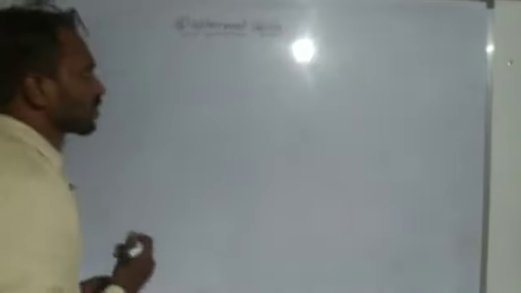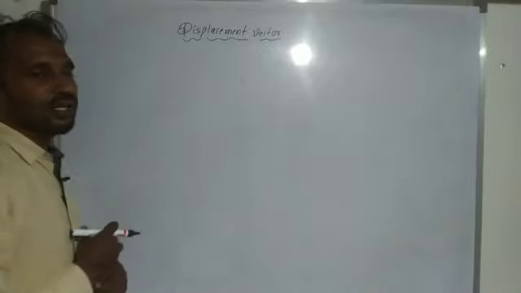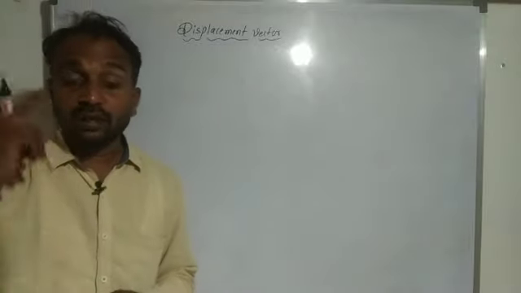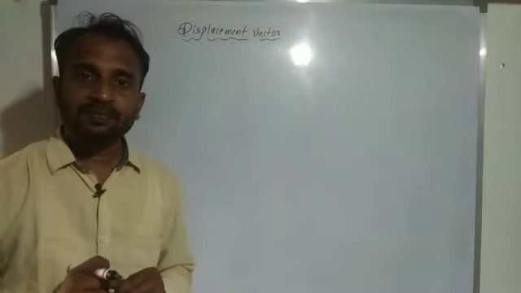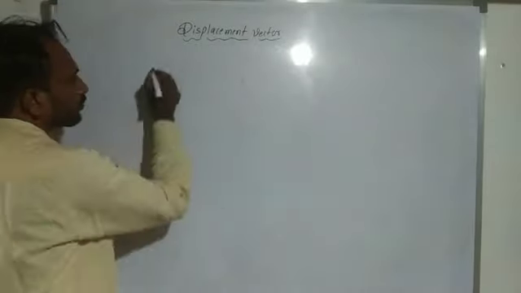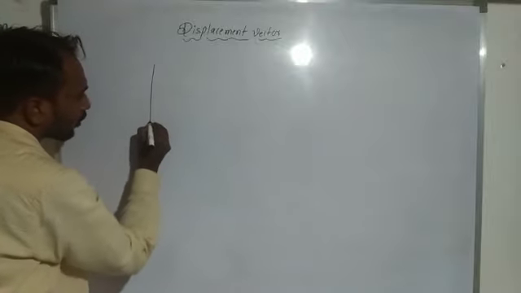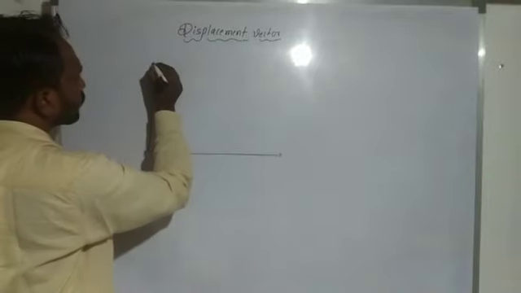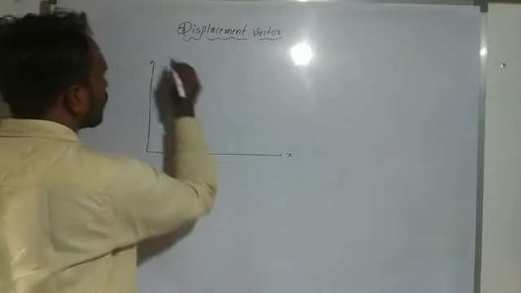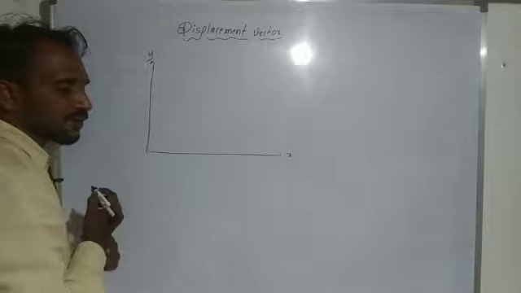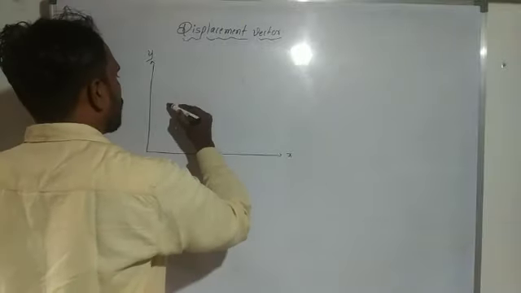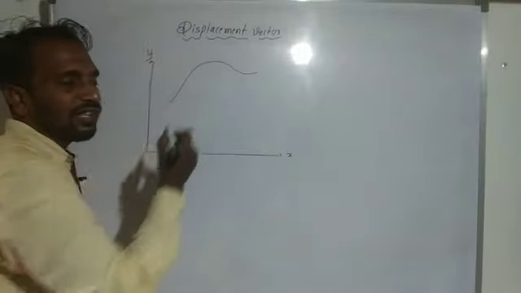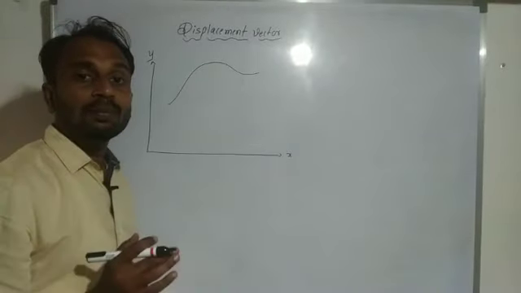Okay dear students, here we want to calculate a displacement vector, that is, how to find this displacement vector by using position vectors. Here we consider a graph with an x-axis and this one a y-axis, and a particle. We consider that the particle is traveling along a path in a plane.